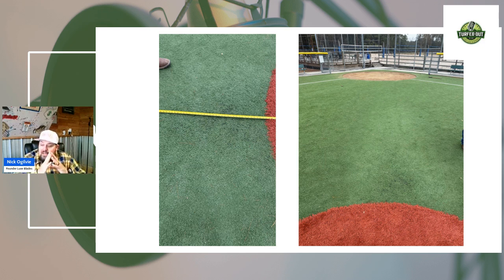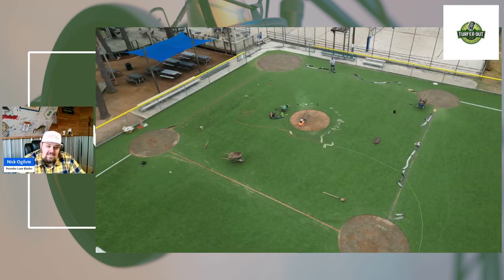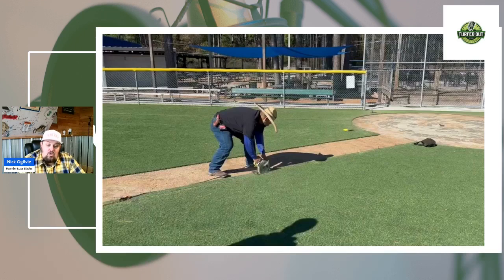So we had to come up with an idea on how to aesthetically make it look good, but perform well also. So what you can see we did is, if you see here, you can see that line from home plate to the pitcher's mound, and it's worn out is all it is. So what we did is we had our guys come in here, pop a string line, cut a lane here,